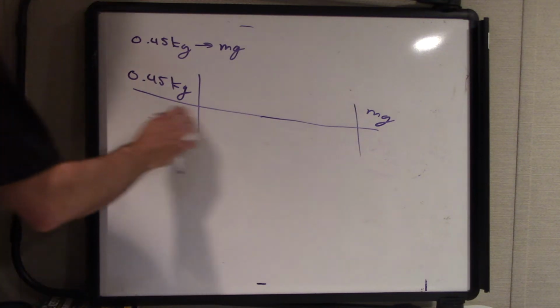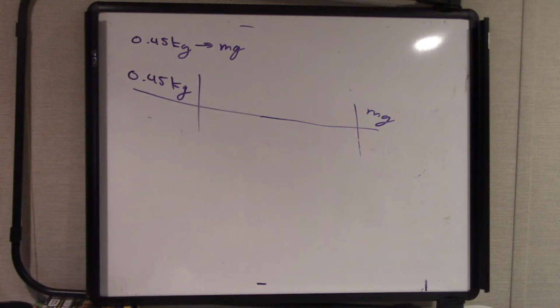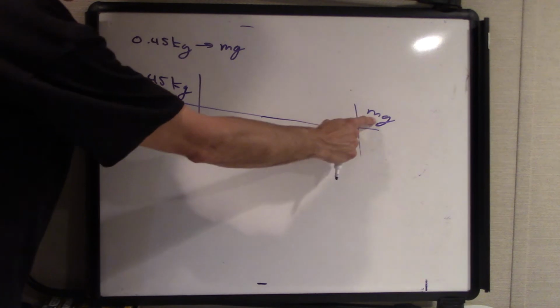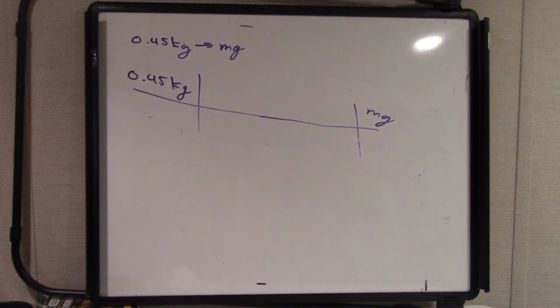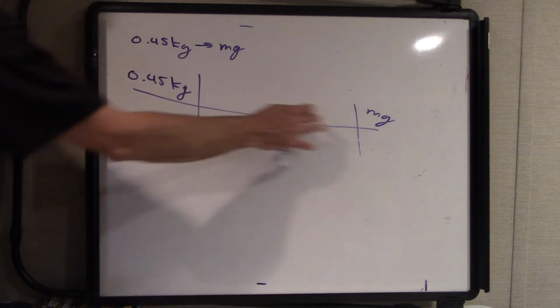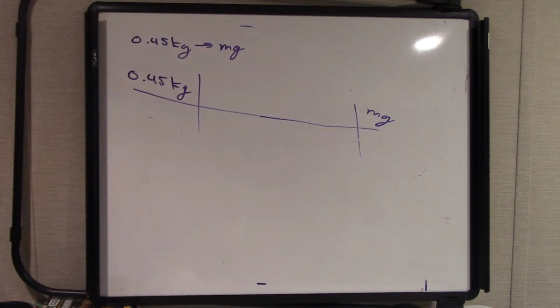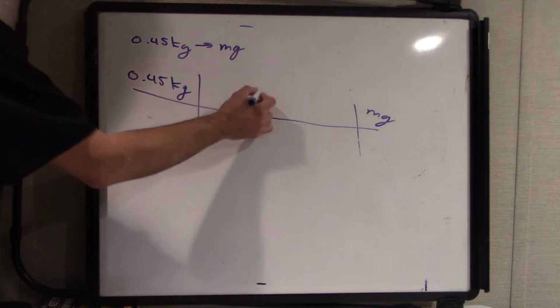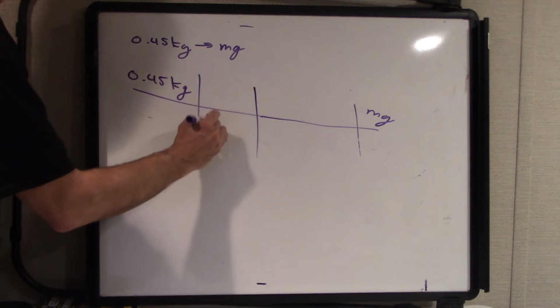Now, my strong recommendation is anytime you are going from one metric unit to another metric unit, so one prefix, kilo, to milli, that you do not try to do this in one step. Unless you are super great at metric, you are much better off doing this in 2 steps. And I want to show this in 2 steps. So whenever you're going from one prefix to another, first get rid of any prefix. So what that means is I want to get rid of kilograms